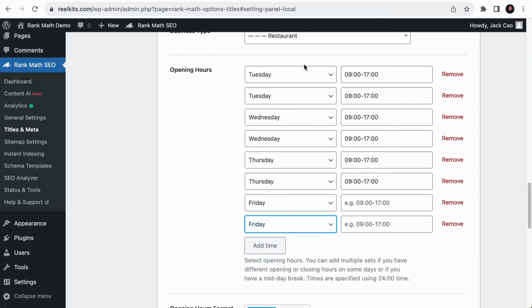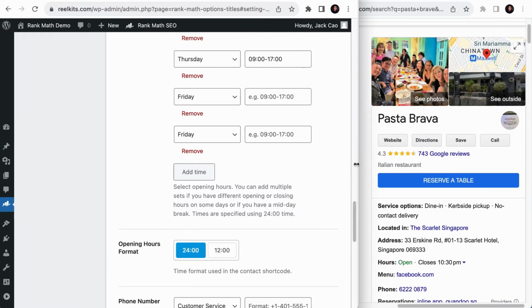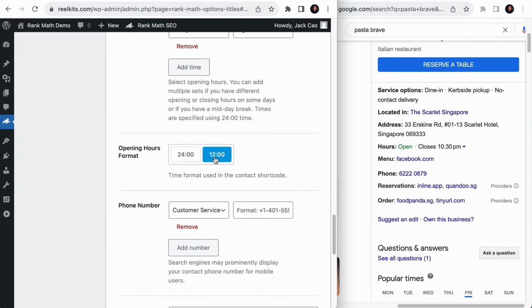You get the idea. The first opening hours are from 11 AM to 2 PM, and the second opening hours are from 5 PM to 11 PM. You can do the same for the others, but I'll just leave it as this, since this is an example. Following that, it is the opening hours. You see, Google uses the 12-hour format as well, so it will make sense to follow them, but it is